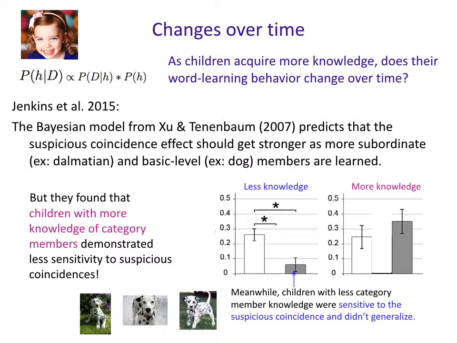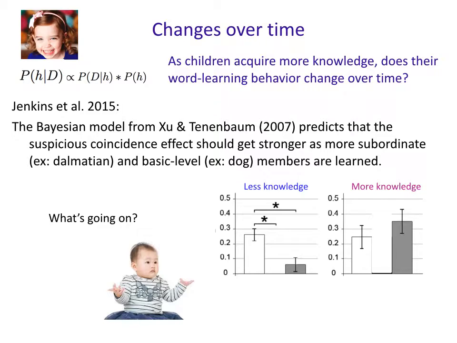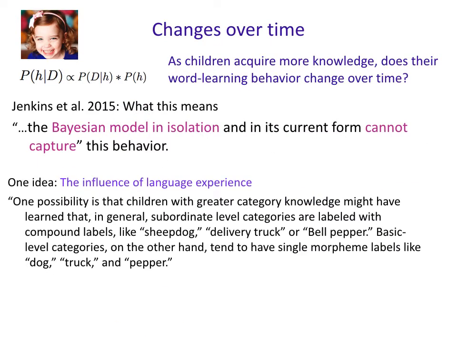But this pattern, of the kids that have less knowledge showing the suspicious coincidence more, and the kids with more knowledge not really showing any suspicious coincidence behavior, is weird, right? Under the basic version of what's going on here. And so Jenkins and friends said, exactly this, what is going on? And the answer they gave was that the Bayesian model in isolation, in its current form, can't capture